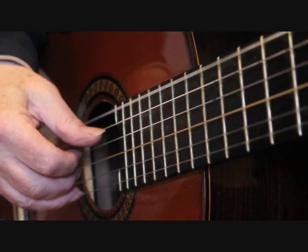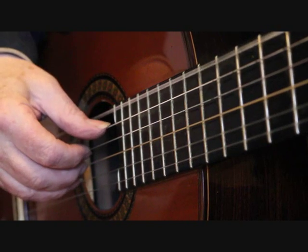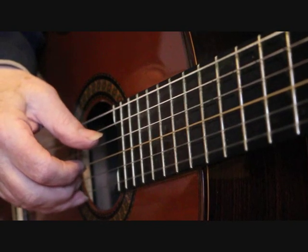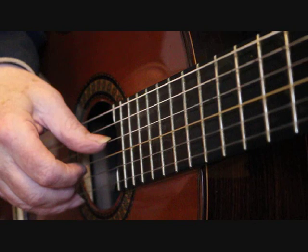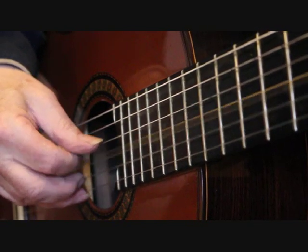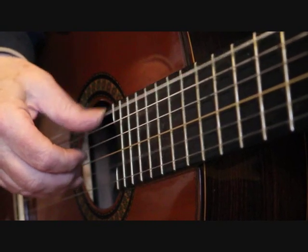Bar 64. So we're still playing those middle strings with the third finger, index finger, middle, then up onto the top string with the third finger, and then I bring the thumb back into action, thumb, index, middle, thumb, index. So bar 64 is